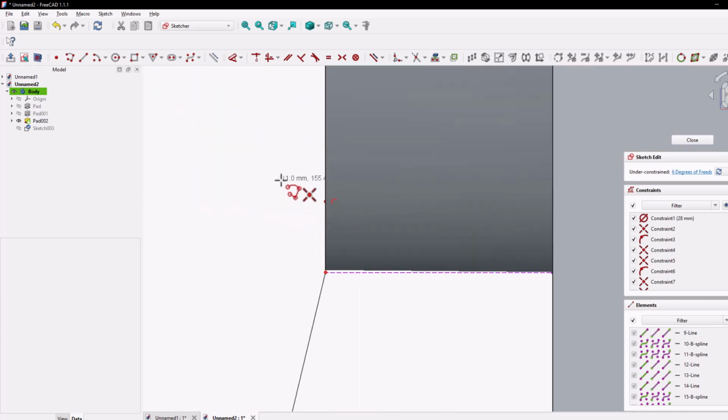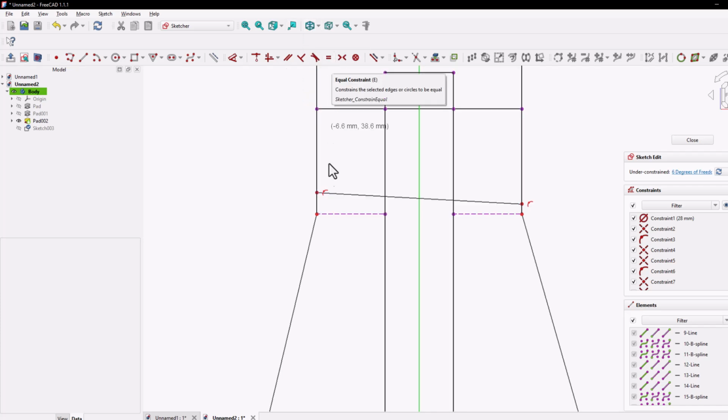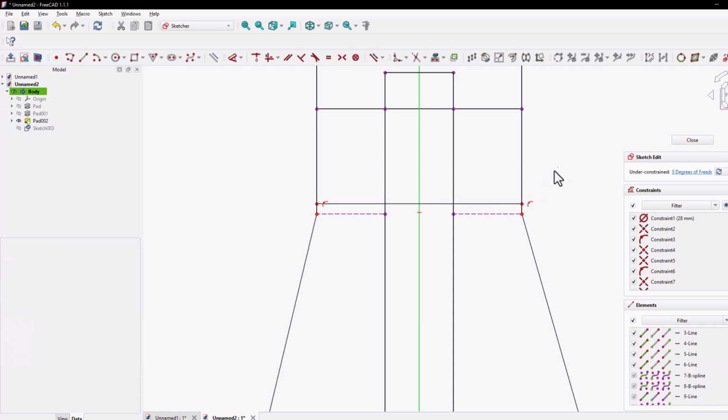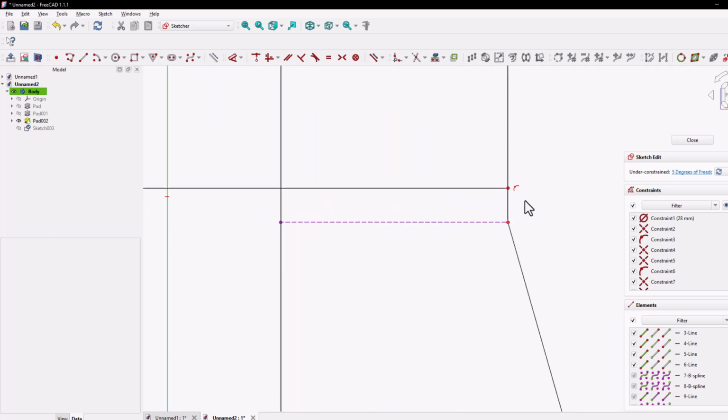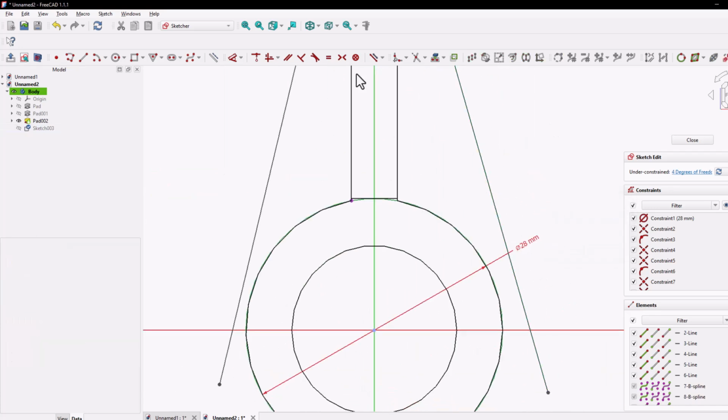Now we cannot see this line, so to make it visible, we will switch the view to wireframe. Once we select the line, we will press X to convert it to horizontal. Then we will press D to activate the dimension command and set its dimension to 1 mm.